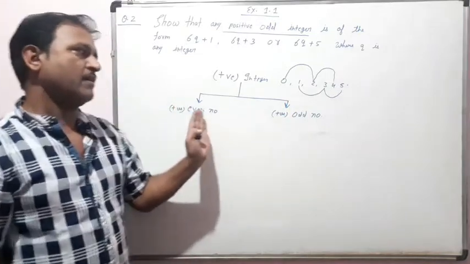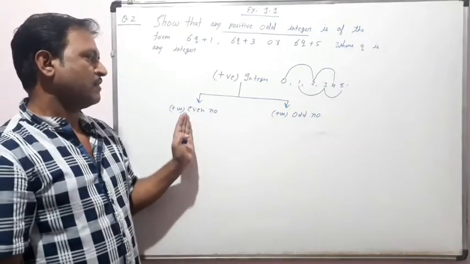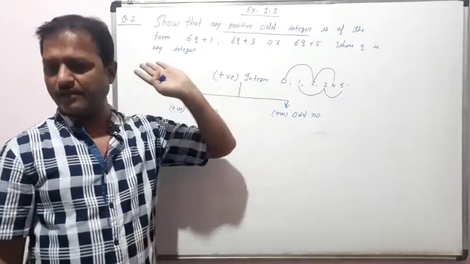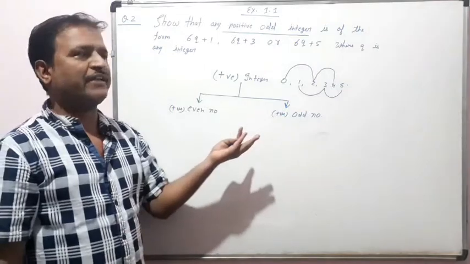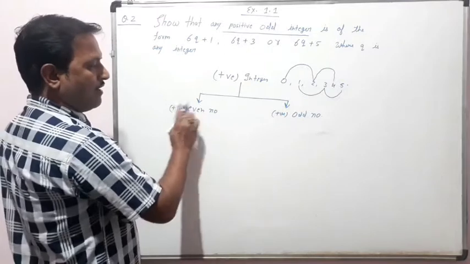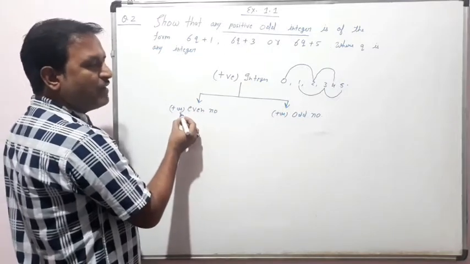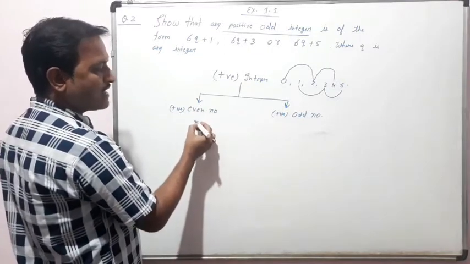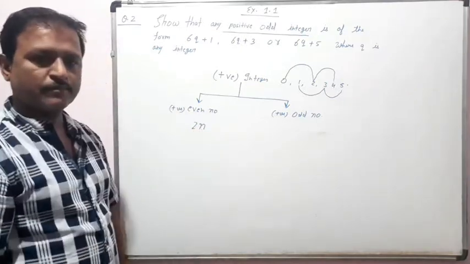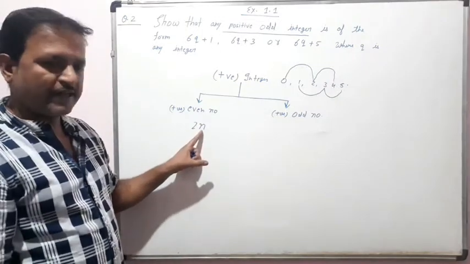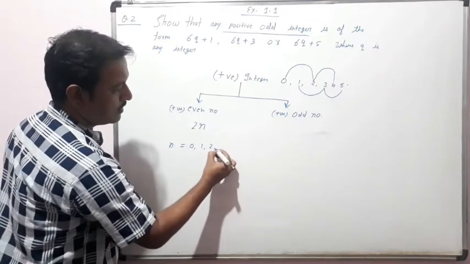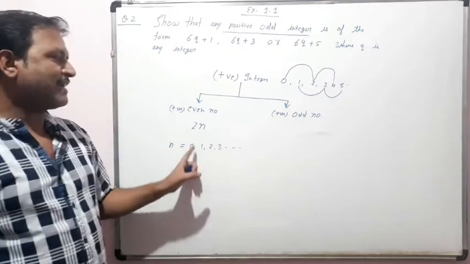Now whenever someone asks what is an even number, we just say 0, 2, 4, 6, 8 are even numbers, and 1, 3, 5, 7 are odd numbers. Every even positive number can be expressed by a single word: 2n. If you put the value of n as 0, 1, 2, 3 and so on, you always get an even number.